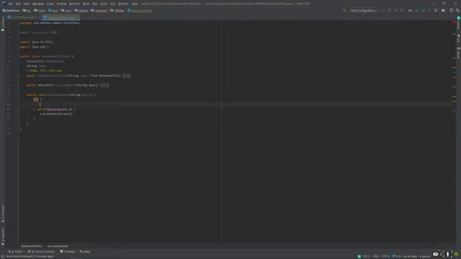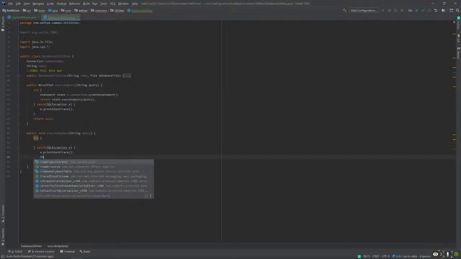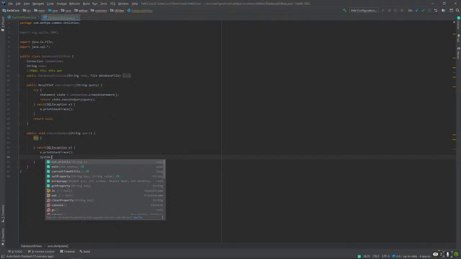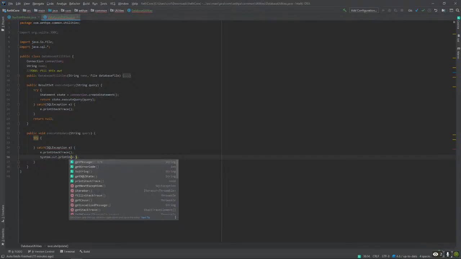An SQL exception, that's probably not going to do anything now that I think about it. I have to get the message, but either way, it's still going to tell me if there's something going on. Actually, for the good of the order, I should also print out the message.